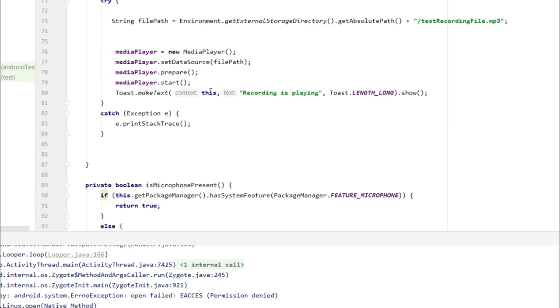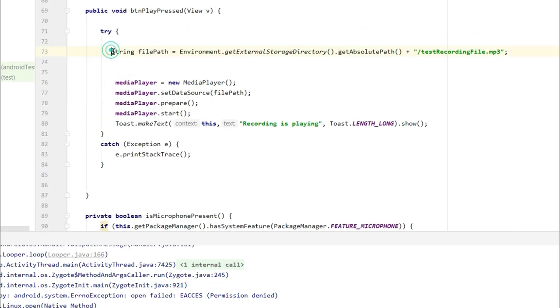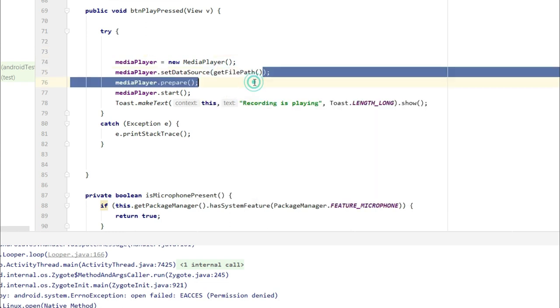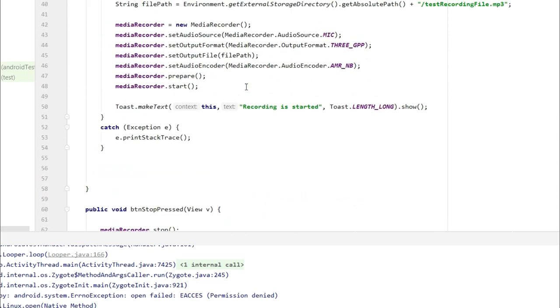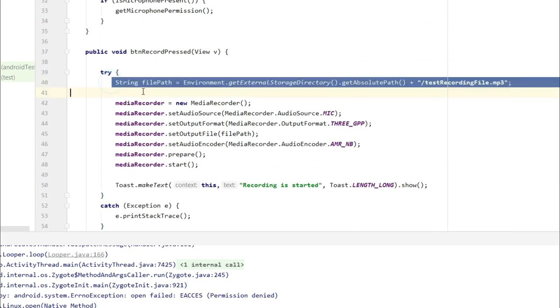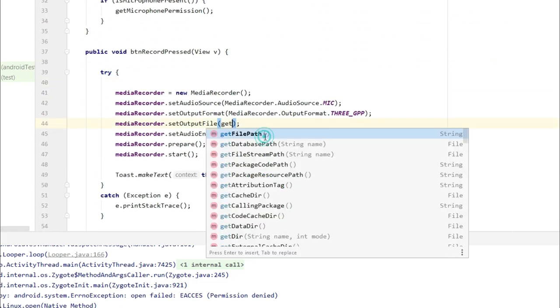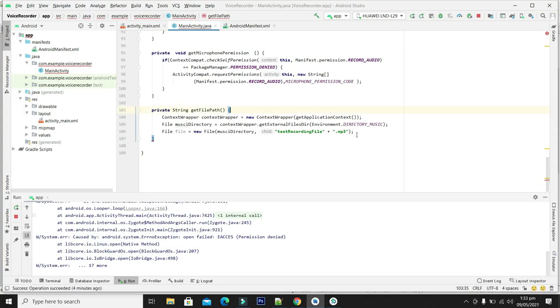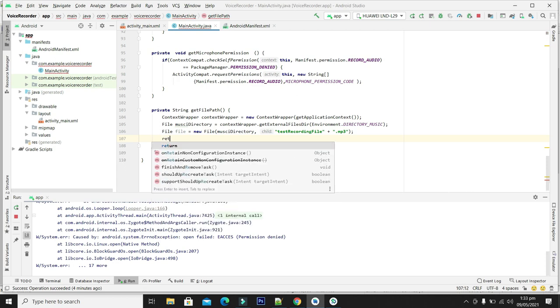Now delete the old conventional way of giving the path, and give the path we have just initialized. We are getting some error here, and we have to return this path as well.